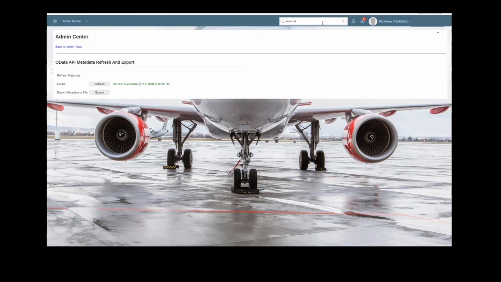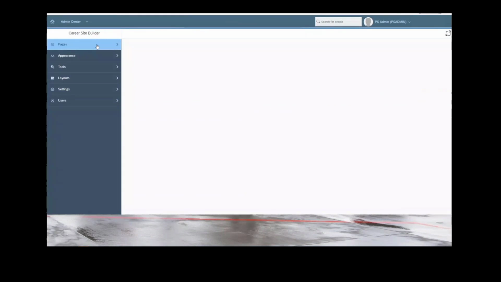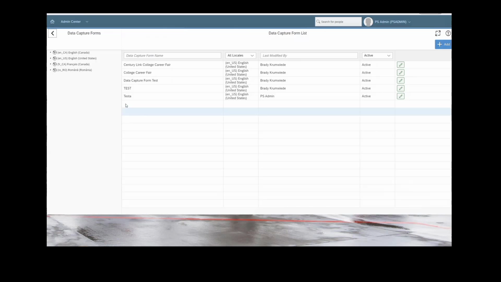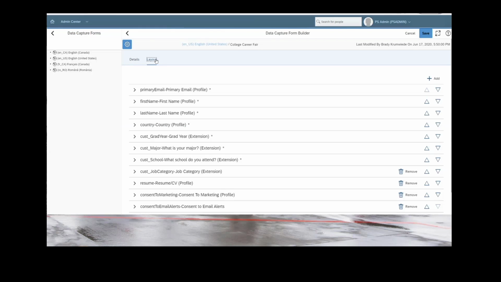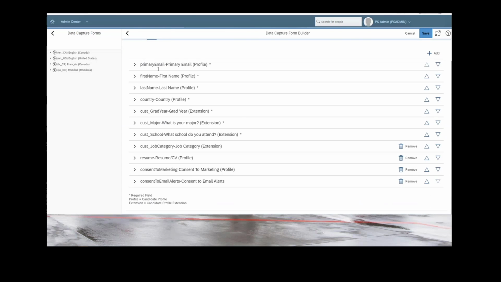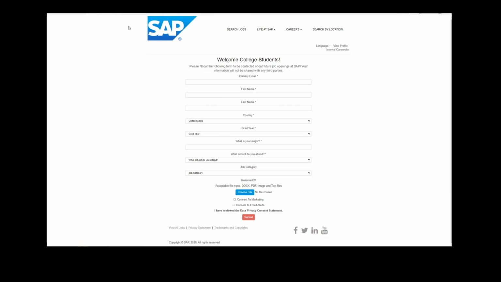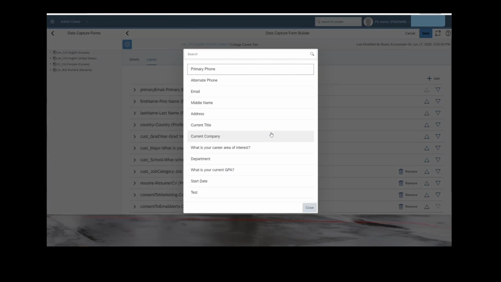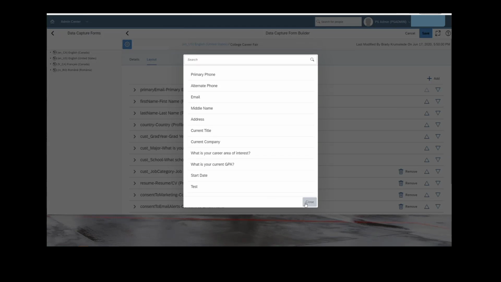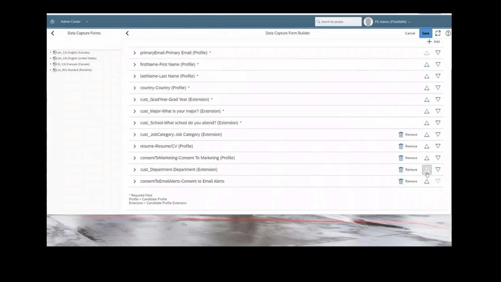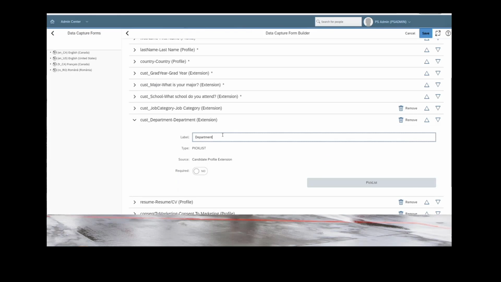Now we'll jump back out to Career Site Builder, and we will go to our data capture form. Let's do this one as an example since we were looking at that. We can see these are all the fields that are on this data capture form. Let's go ahead and hit add, and we can see now that department is in here. So we'll hit department, we'll close, and we'll move this one up. We have it here. If we needed to change the name of it, maybe,